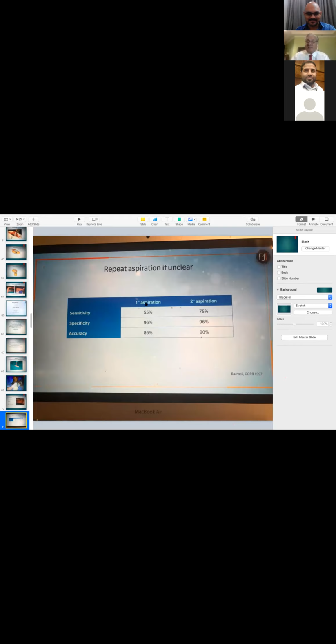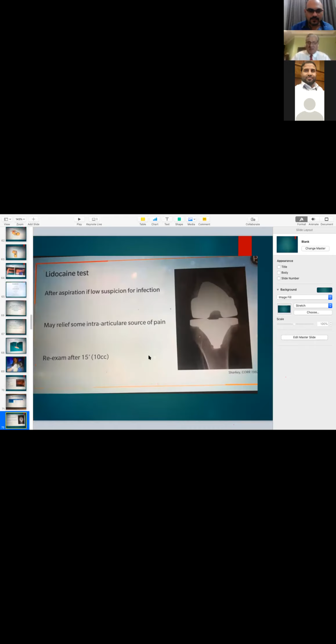First aspiration detects 50% of infections, the second aspiration 75%. So this means sometimes a low-grade infection needs time to be definitely diagnosed. You can repeat aspiration even if it is normal. Don't be happy that this is not infection. There is a simple test to differentiate between infection or intra-articular structural instability, the lidocaine